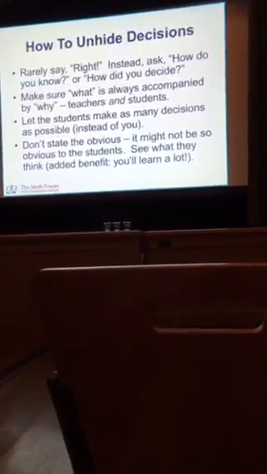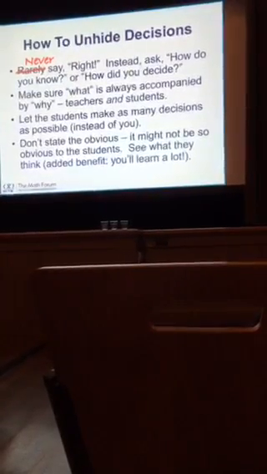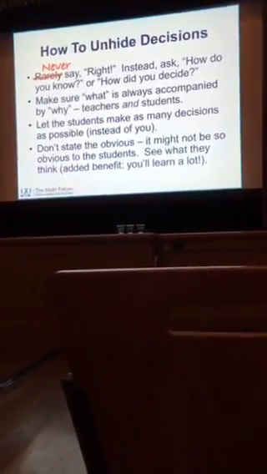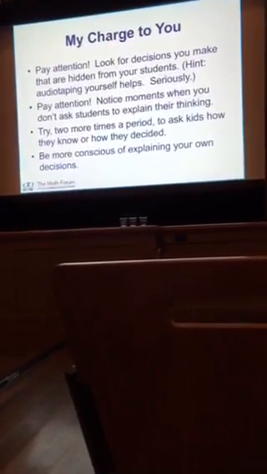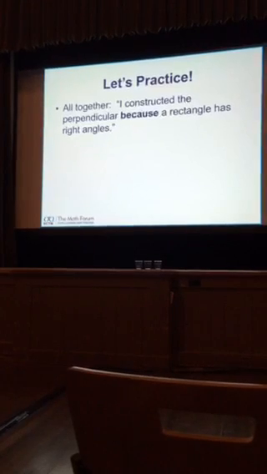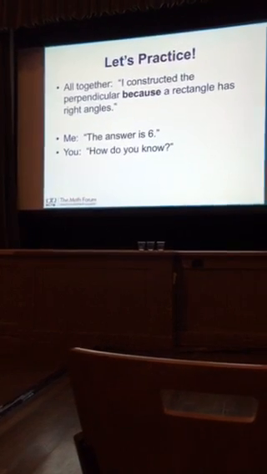So what do we do? Don't ever say "right" when a kid gives an answer. Please, please, please. Ask them, how did you know? How did you decide? Make sure what is always accompanied by why. Let the students make as many decisions as possible. Do not state the obvious because it may not be obvious to everybody else in the room. Right? Pay attention. Look for decisions you make that your kids could make instead. Notice moments when the kids don't say why and you didn't ask them. Try a couple more times a period to ask them why, and be conscious of explaining your own decisions. Let's practice. I constructed the perpendicular because a rectangle has right angles. The answer is 6. How do you know? Very